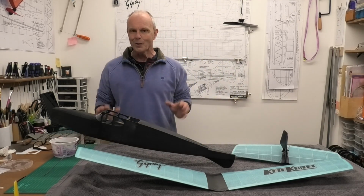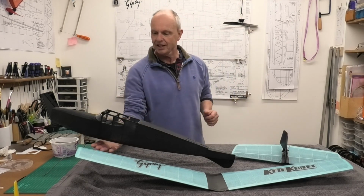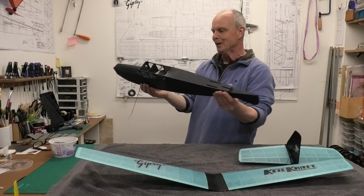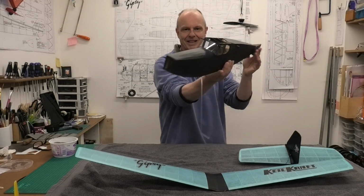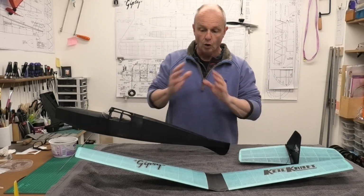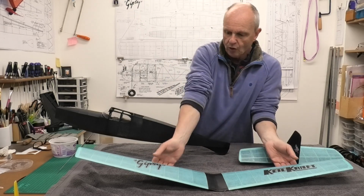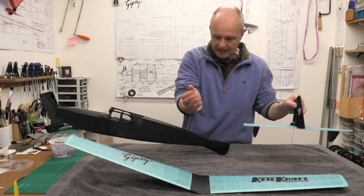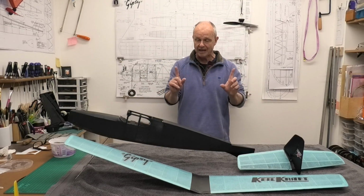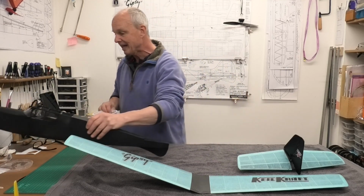Now, we've got to the point where I'm feeling really excited about getting this finished. You can see in the last video we got this covered and I went for the nice bold black fuselage and I'm really pleased with how the covering went on that. Went on really nice. And of course all of the tissue is over 38 micron laminating film, and we've got the wings here we did a few videos ago and the tail assembly, and now there's only one thing left to do, one video left before we actually start launching this into the air,